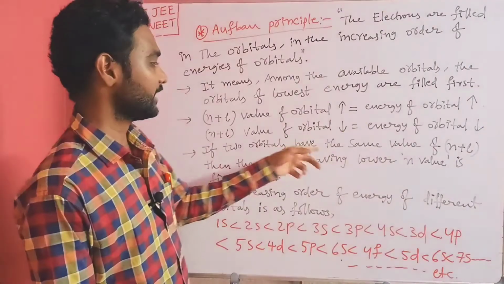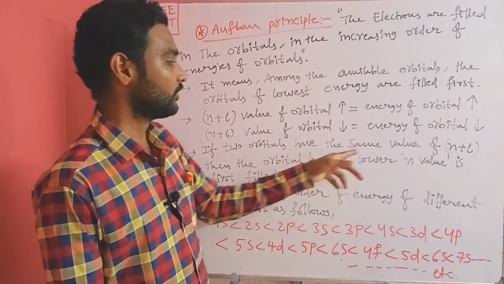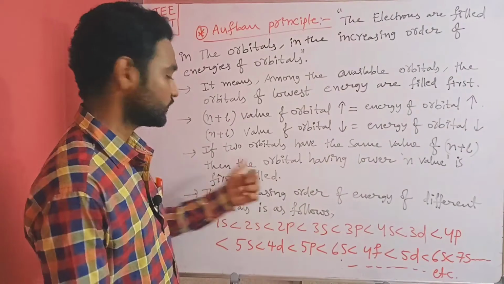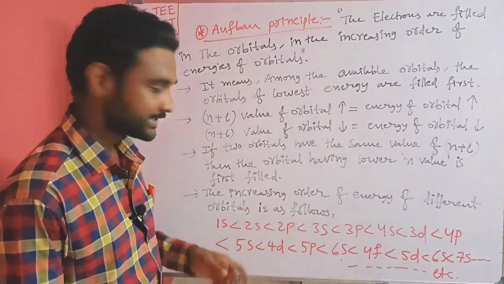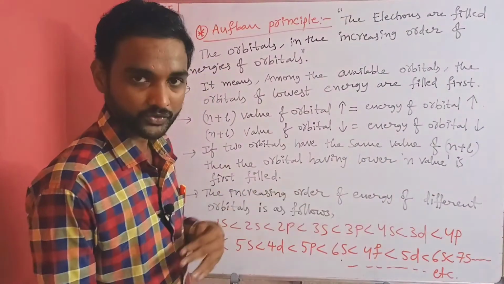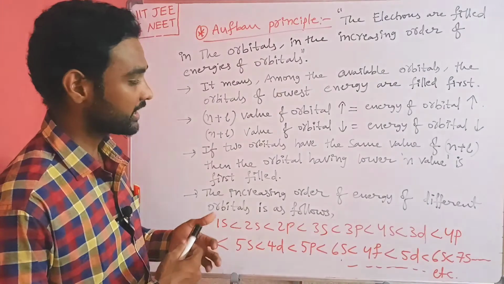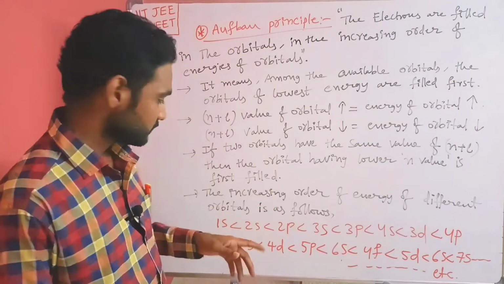If two orbitals have the same value of n plus l, then the orbital having the lower n value is filled first. This we discussed already. Next, the increasing order of energy of different orbitals is as follows. After calculating the n plus l values of all the orbitals, the final order is